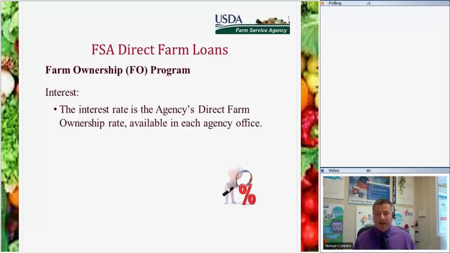So you'd want to look in what's called our Farm Loan Programs Policy Manual number 1. You can find the interest rates that are changed monthly on the first. So that's something to think about. And since I have this open, I'll tell you the interest rate for the operating loan, which I'm going to go into next, which is currently at 2.875%, which is definitely a lot better than going to the banks, because we don't want to stress you with the interest rate to get you started in agriculture.